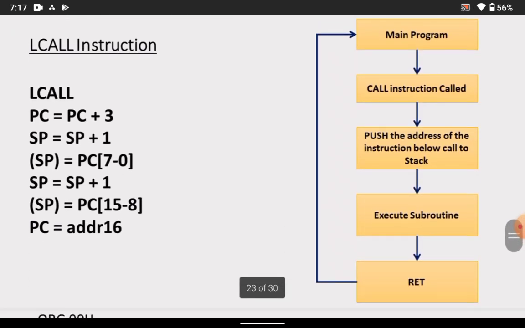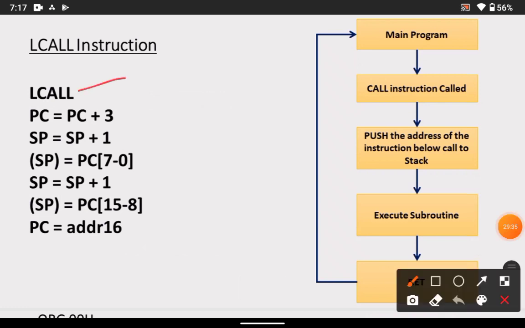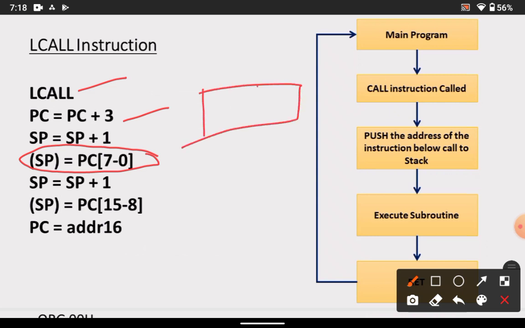That procedure is explained over here. Whenever an LCALL instruction executes, the program counter value will be PC plus 3, because LCALL is a 3-byte instruction. The stack pointer gets incremented by 1 to hold the lower 8 bits, bits 0 to 7, as the address is 16-bit.